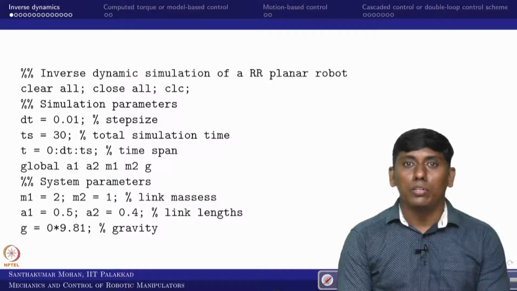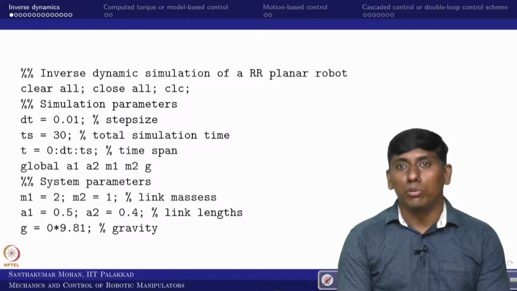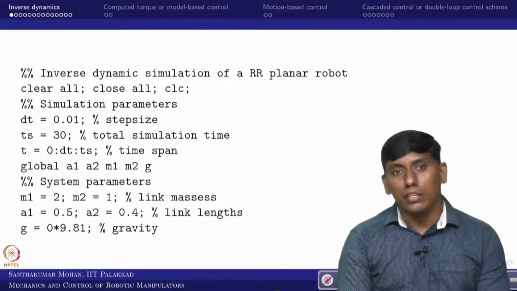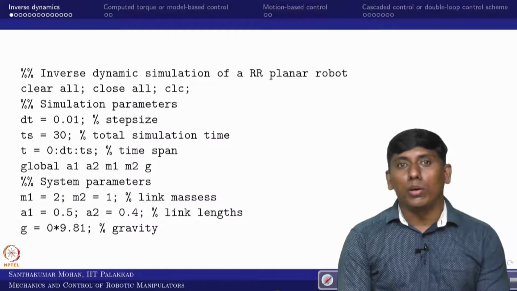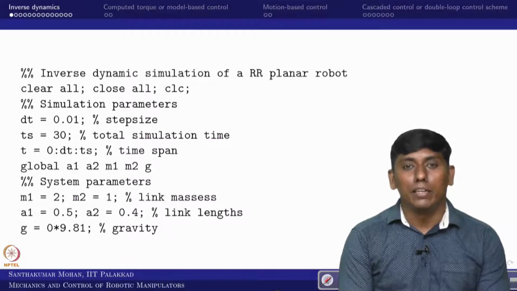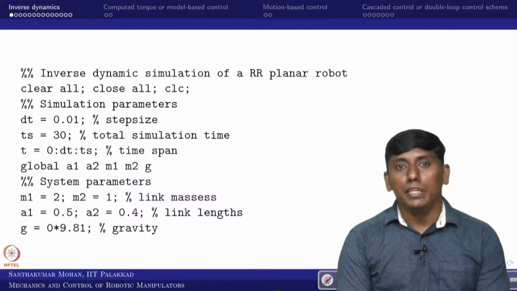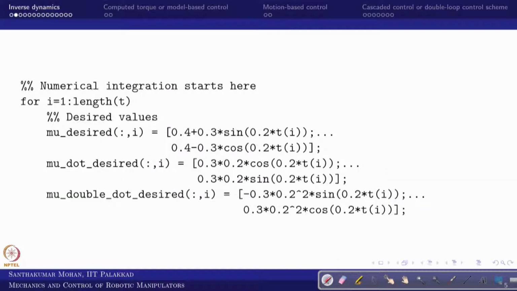Now the first thing is the inverse dynamic simulation. Straight away we talk about our serial planar manipulator. We will talk about the Euler integration parameter, then the mass of link 1, link 2, the link lengths and the gravity. Since we are talking about inverse dynamics, gravity plays a different role, and most common manipulators are gravity balanced. So we assume zero gravity here. We will come back to it later: if instead of 0 we put some gravity value like 9.81, what would happen? In that case, we are talking about the circular profile.